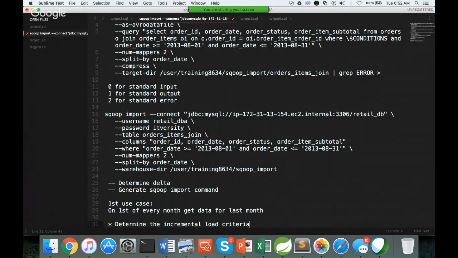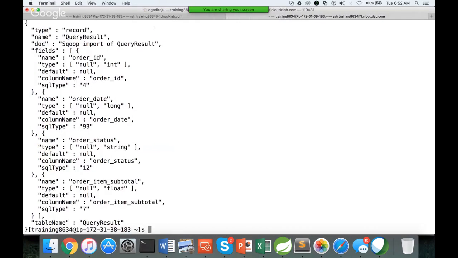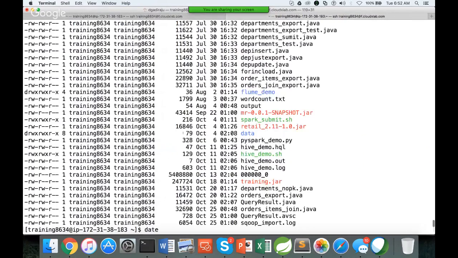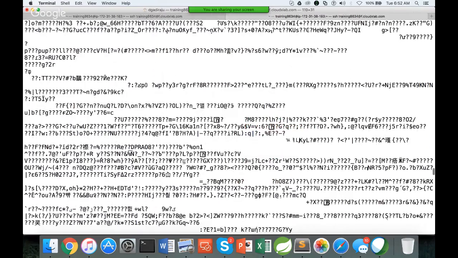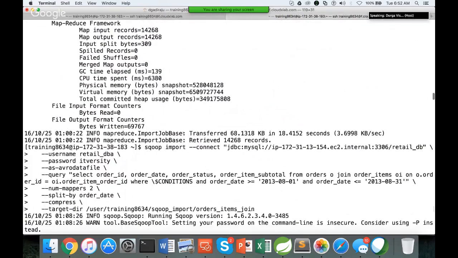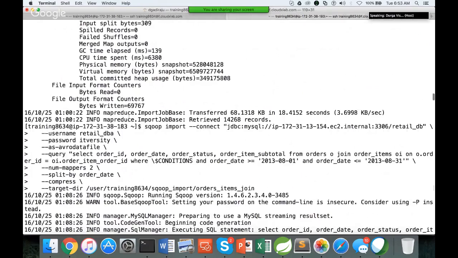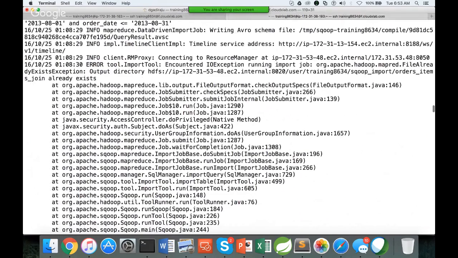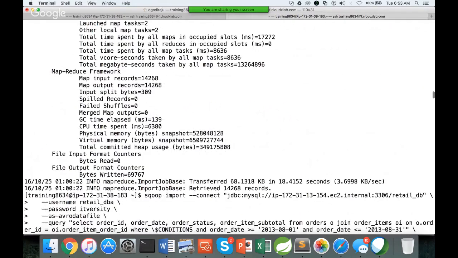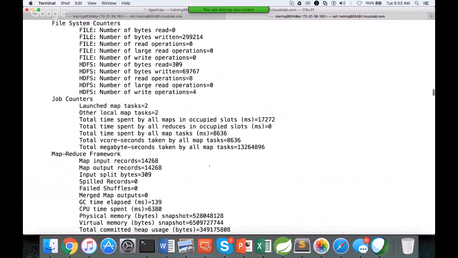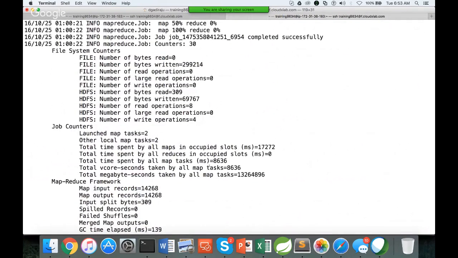You should make sure that data is copied into HDFS programmatically. How will you do that? When you run the program, it has generated the log. As part of the log, you can see that it has retrieved 14,268 records. There are no errors. So once the import is done,